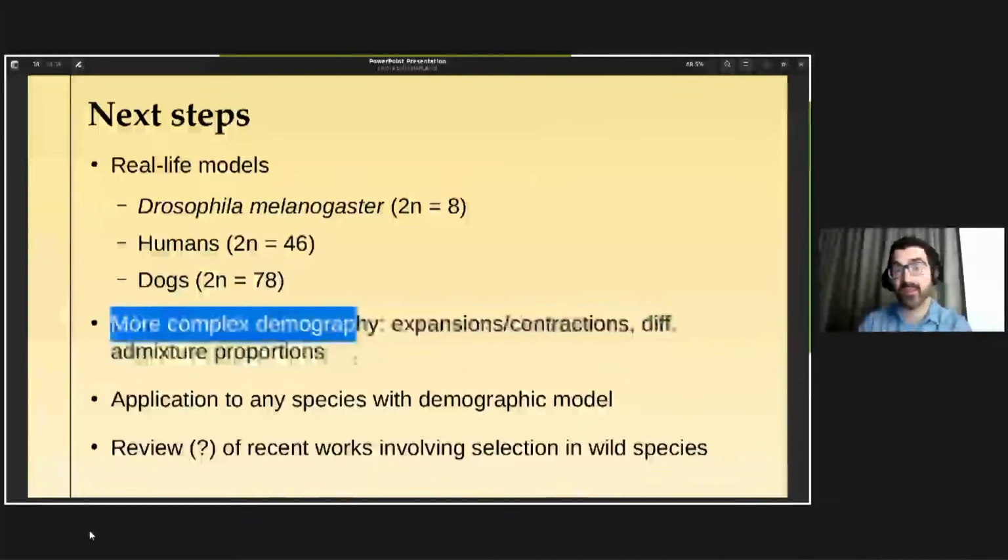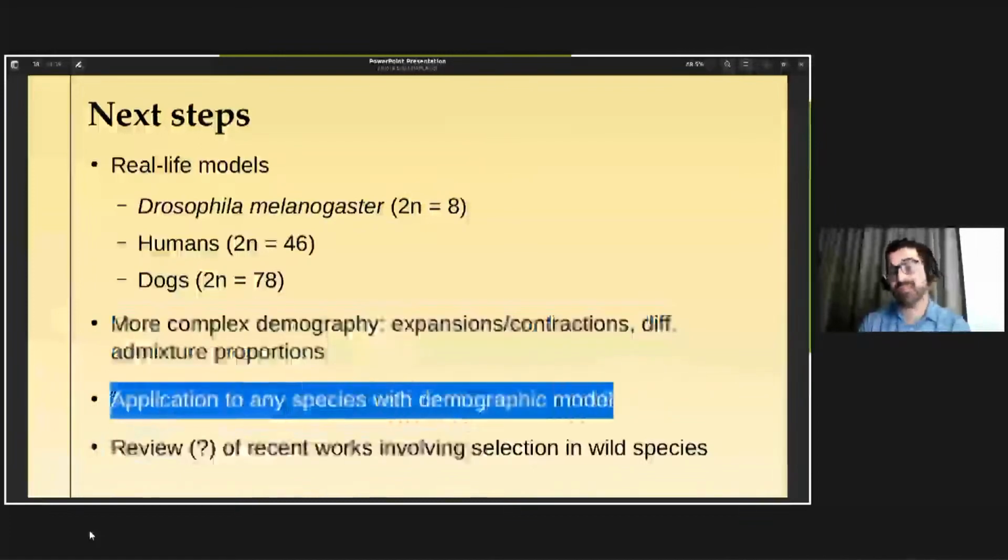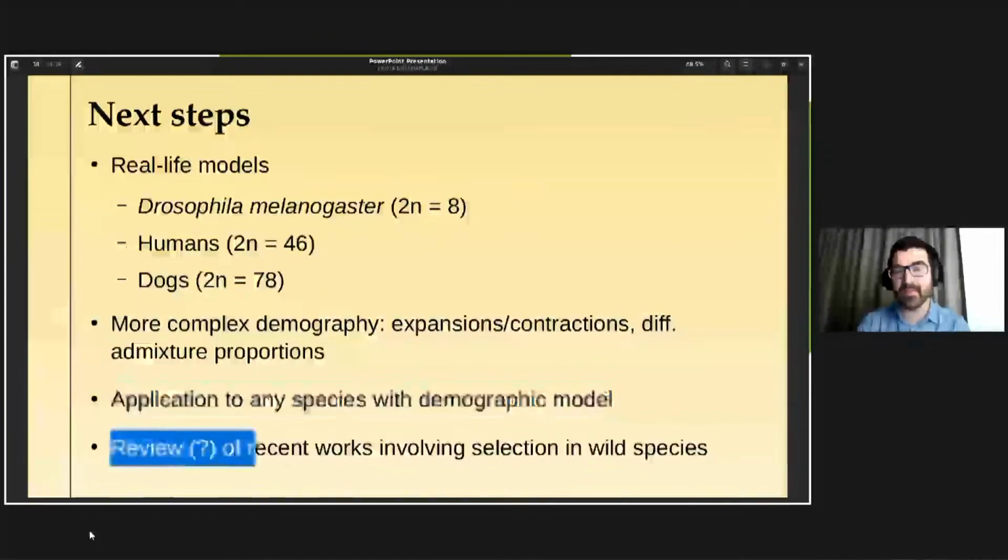The idea is to also include more complex demographic changes, expansions and contractions, and different mixture proportions, and so applications to any species that can have a demographic model. It doesn't need to be an exact demographic model, but it is properly studied, because that's something that SWIFR needs. And also I'm proposing a review and rethinking of all the previous works with wild species that have been crucial